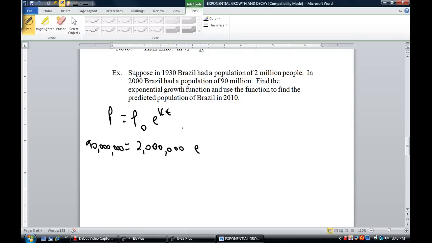Now, we don't know what k is. It's not given anywhere. And in fact, we don't know what t is. Or do we? Well, let's think about it. In the first part of the problem,